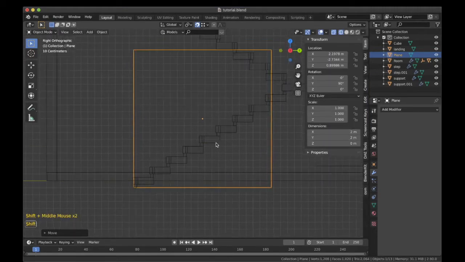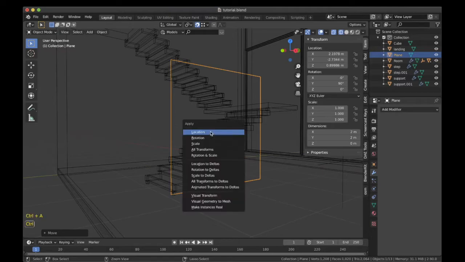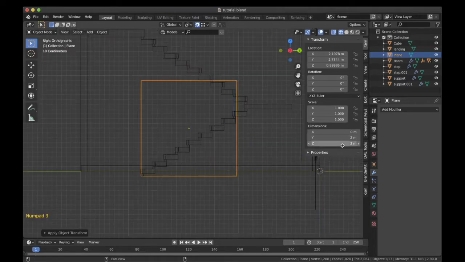Now over here what you can see is, although now we are in 3D and we have rotated it, but over here in the dimensions option what you can see is that the Z is still 0. That is because the rotation is not applied yet. To do that, what we will do is we will press Ctrl plus A and then apply rotation. Now these dimensions have been corrected. Now we will change Z to 0.9 over here in this case, or maybe 0.8 would also do.